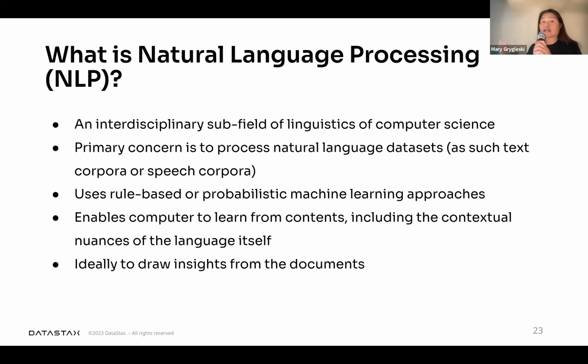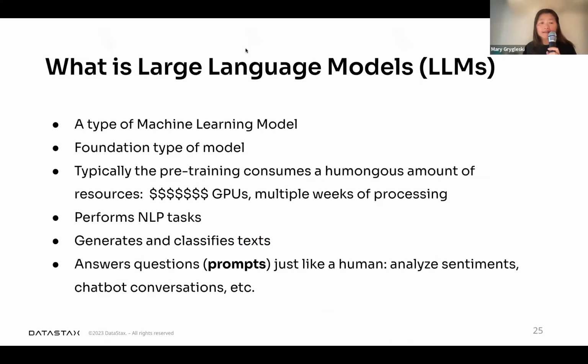It takes huge data sets and uses rule-based or probabilistic machine learning approaches, and it enables your computer to learn and generate content, including some of the context and nuances of the language itself. Ideally, it also draws insights from the documents. So that's NLP.